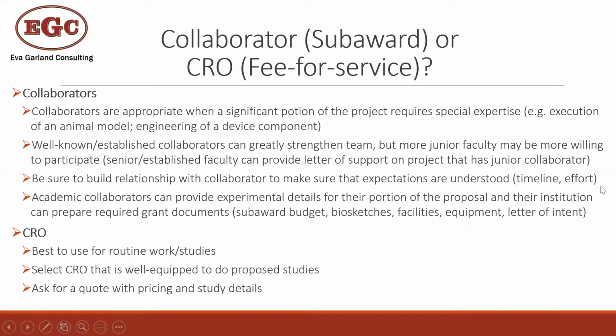All right, so back to, does the company have to do all the work? So no, of course you're meeting your 67 or your 40%. And then at that point, if you're going outside the company, you're generally looking at a collaborator, which would be a subaward, or a CRO, which we consider kind of a fee for service. This is how we divide them up in our world, for our definitions, to keep them straight. So if you're looking at a collaborator,